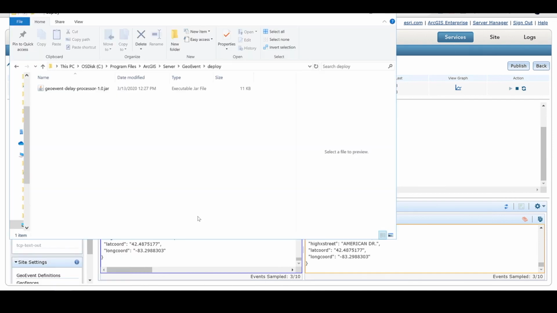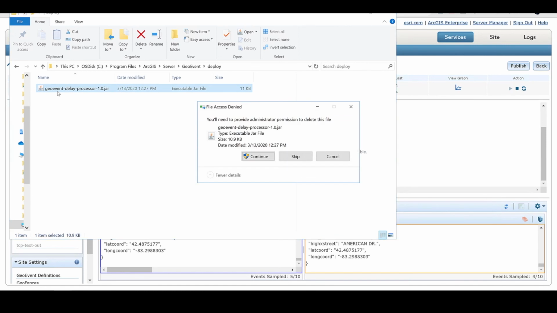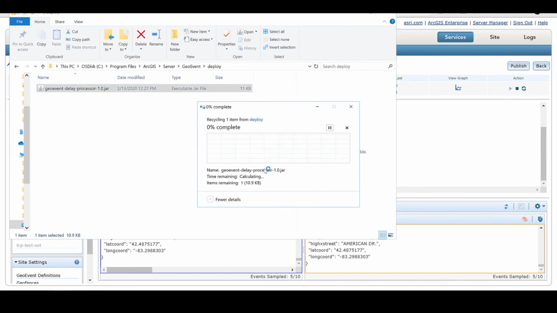What you can do, you'll notice once you import that jar file through the user interface, is it actually just copies the jar file into the deploy folder. And I used the default installation location on a Windows machine. So this is down in the GeoEvent Server installation. There's a folder called deploy. You can, in fact, just copy jar files into that directory. And also, if I delete that here and continue,